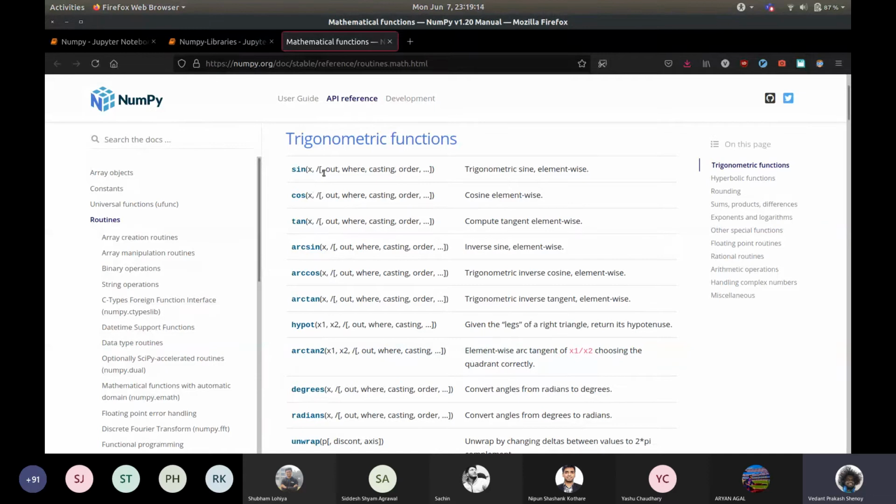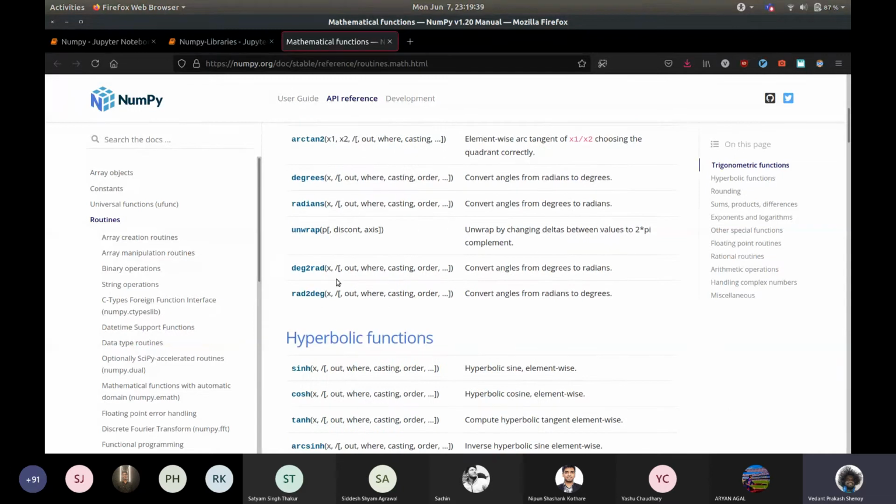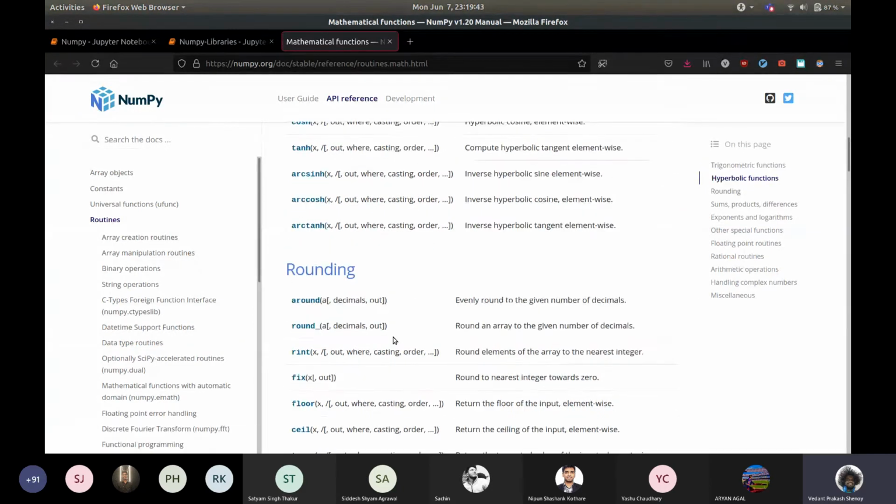So you get sine, cos, tan, except that all of these operate on the NumPy array instead of just one number. You also have arctan2 and hypot, which you may or may not have seen, which gives you the hypotenuse of a right angle triangle given the legs, so the square root of x1 squared plus x2 squared. And then you have degrees to radians and radians to degrees, and the hyperbolic functions.